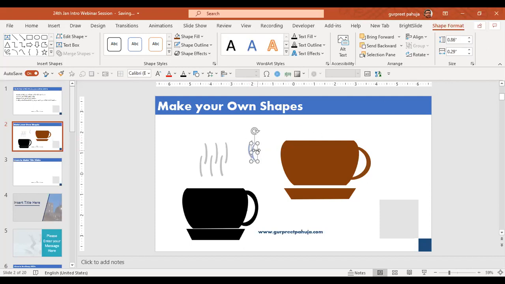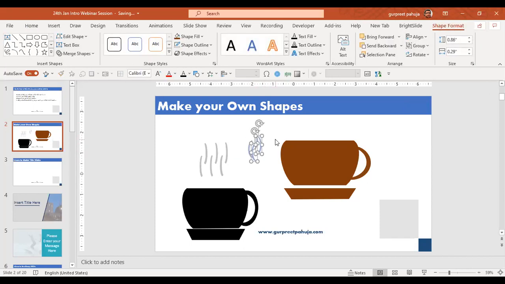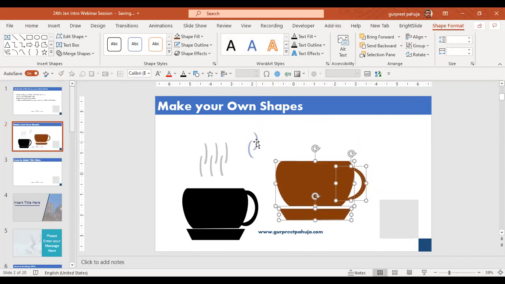I'll do Control D to duplicate it. Flip horizontal. So I've made a different version of it. I will group it, Control G. So this is one now. I will move this down.